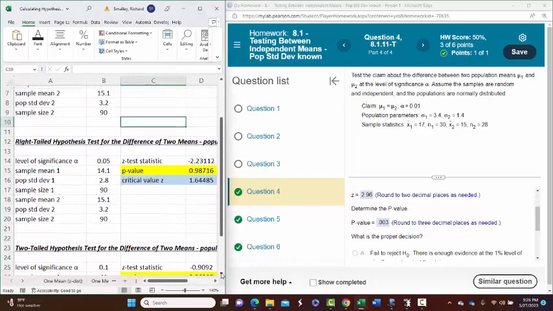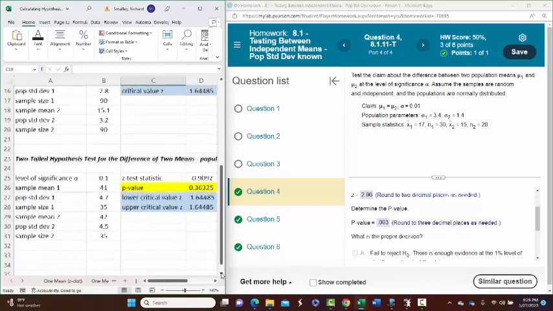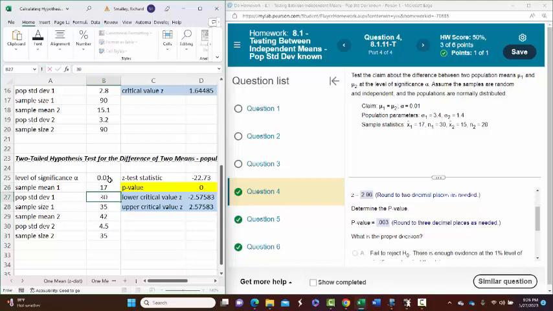I'll make sure I get that right this time. 0.01. Sample mean 17, n 30. Sample size 1 is, let's see,